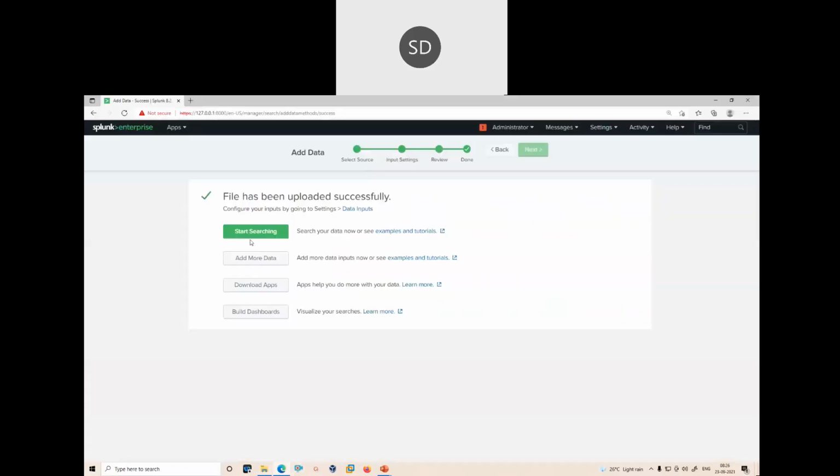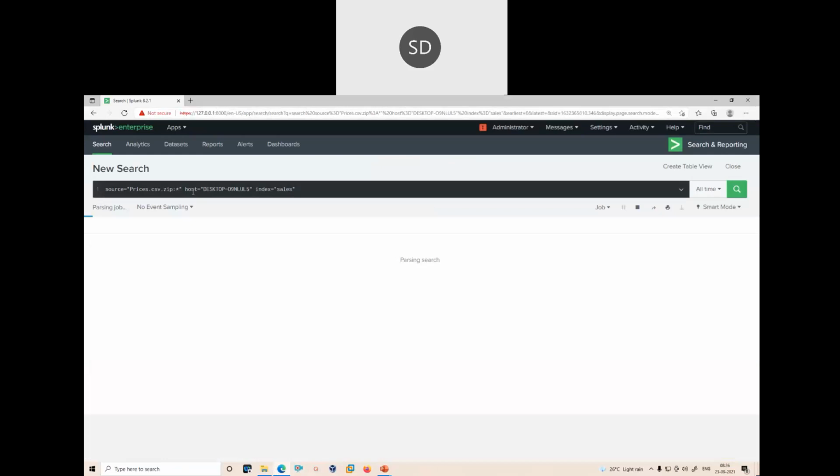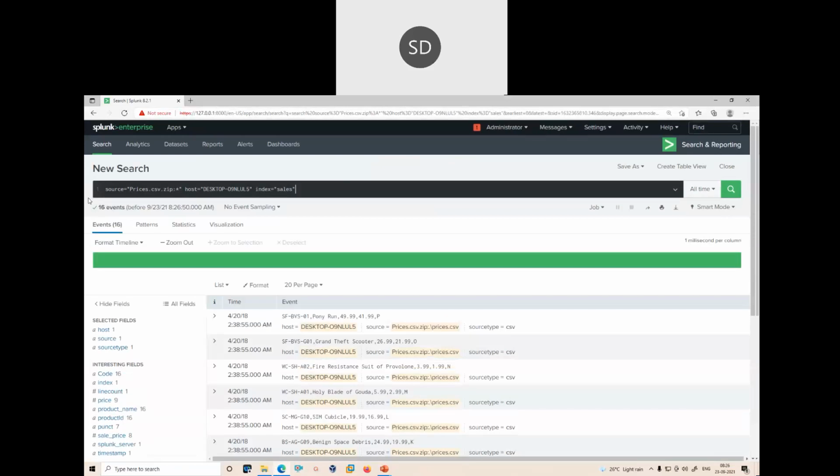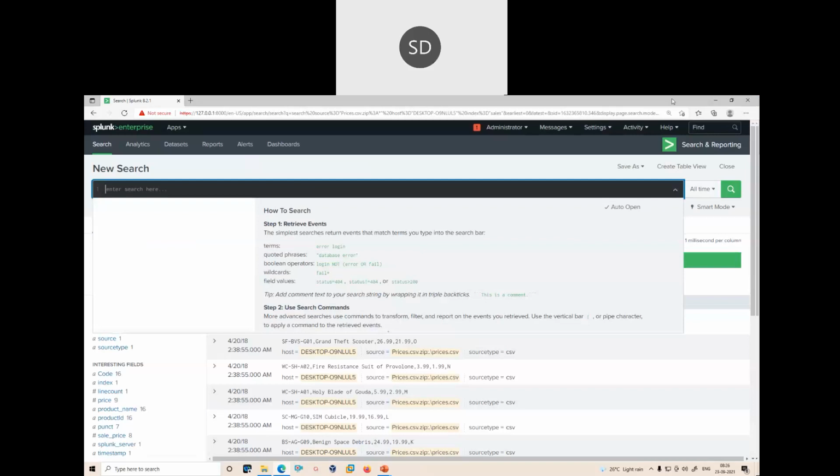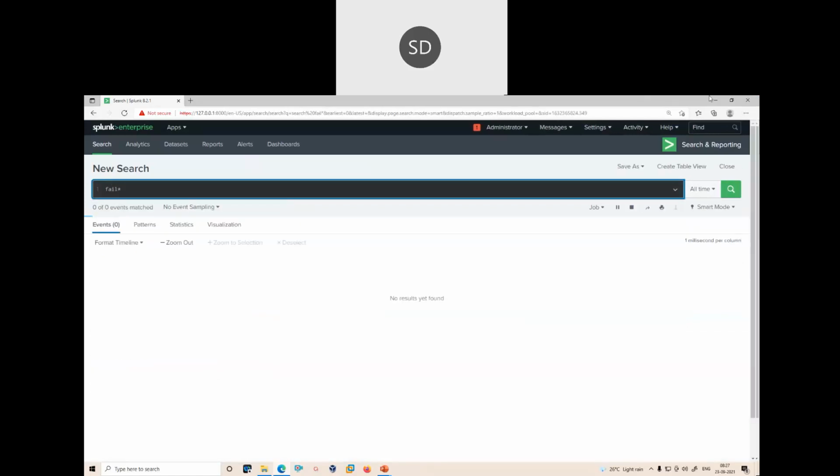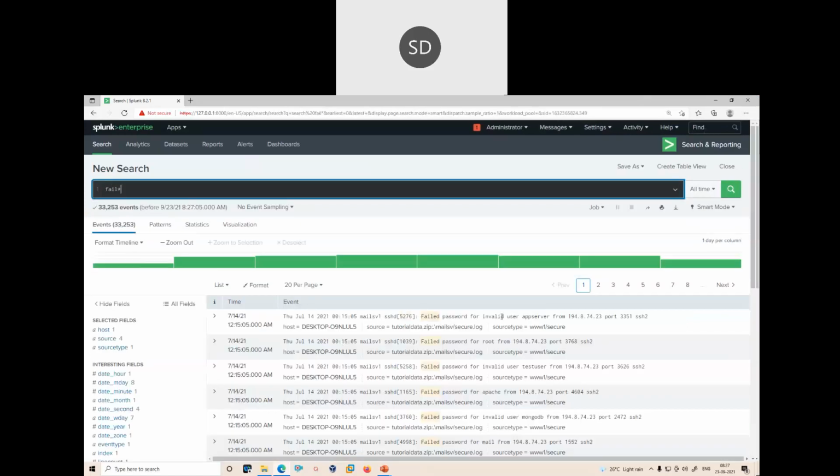It helps a little bit with the understanding. Let's suppose I want wildcard as fail, with a star asterisk sign. What this will do is search the data which has the fail keyword. See, failed. I put fail, but it searched for failed.